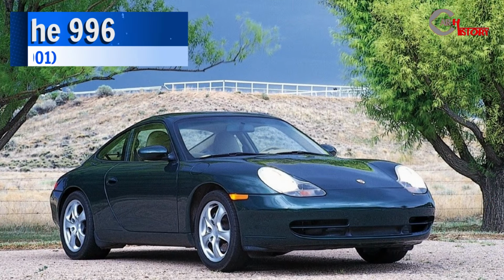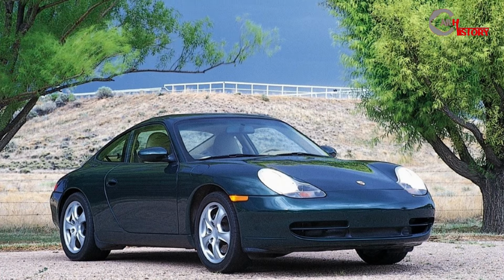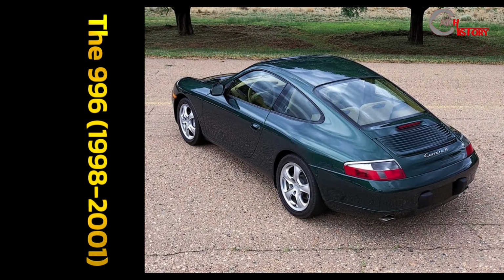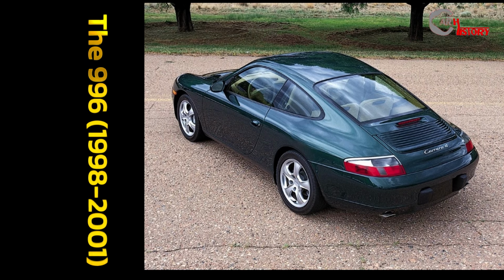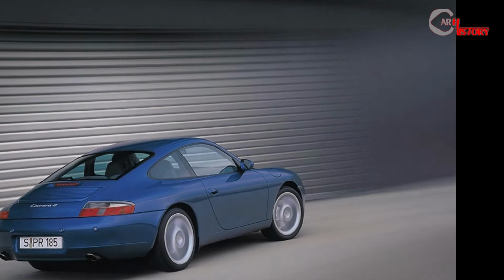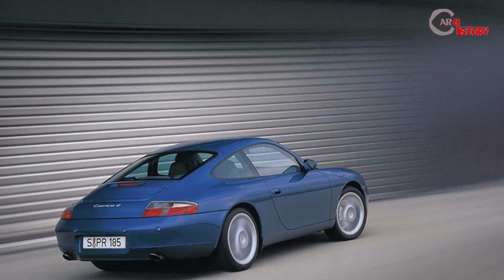The 996, 1998 to 2001. Following such a loved generation of car, the 1998 arrival of the water-cooled 996 was met with grumbles and cries of it's lost its character, something of a running theme for new generation 911s and the implacable Porsche aficionados they've tried to please. Those nonplussed by the change in hardware were probably upset by the looks,